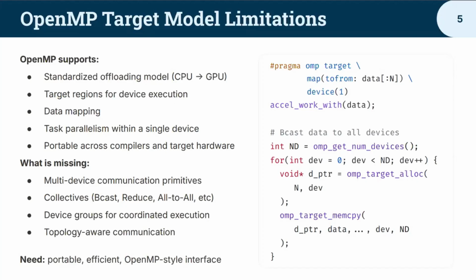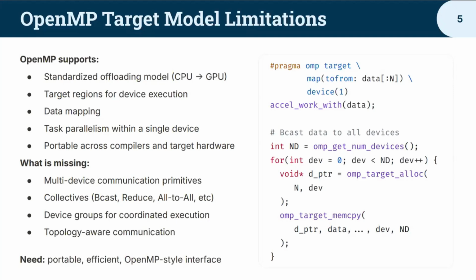You can even run task parallelism inside a single device. And as it is for now, it's supported by multiple compilers, and you can write code and run it on your AMD GPU or your NVIDIA GPU, and it should work just fine. But looking at things, some features that would be nice to have to cover those bigger systems with more accelerators